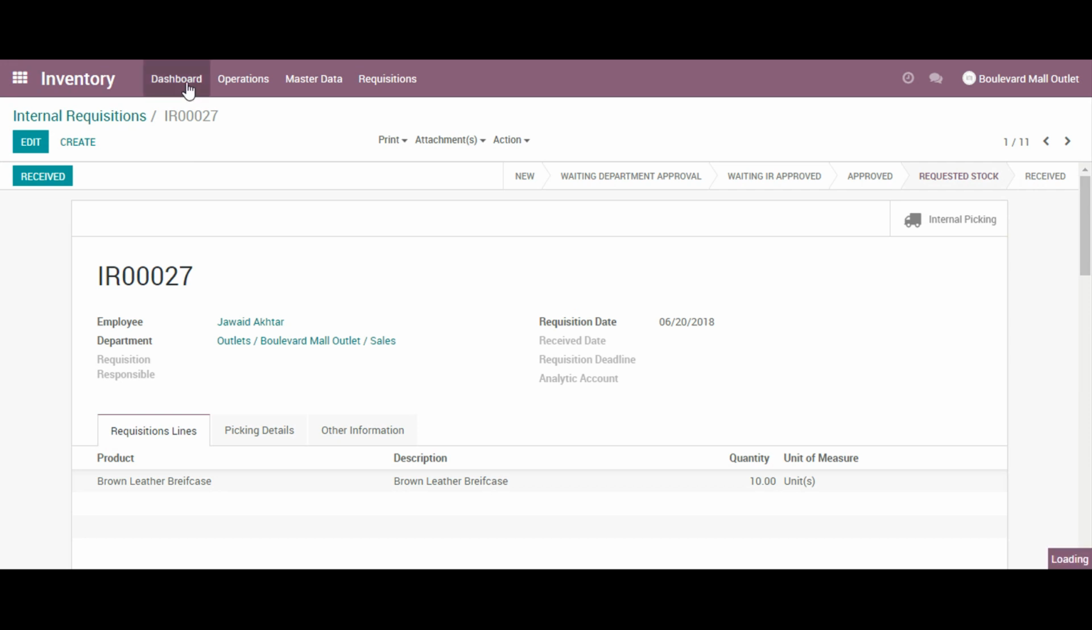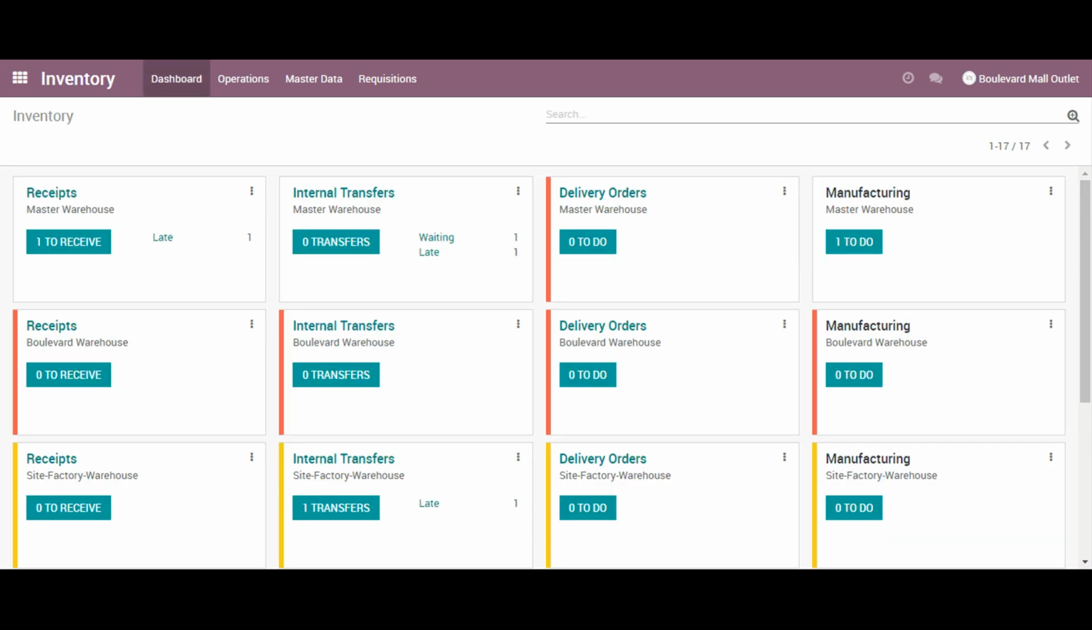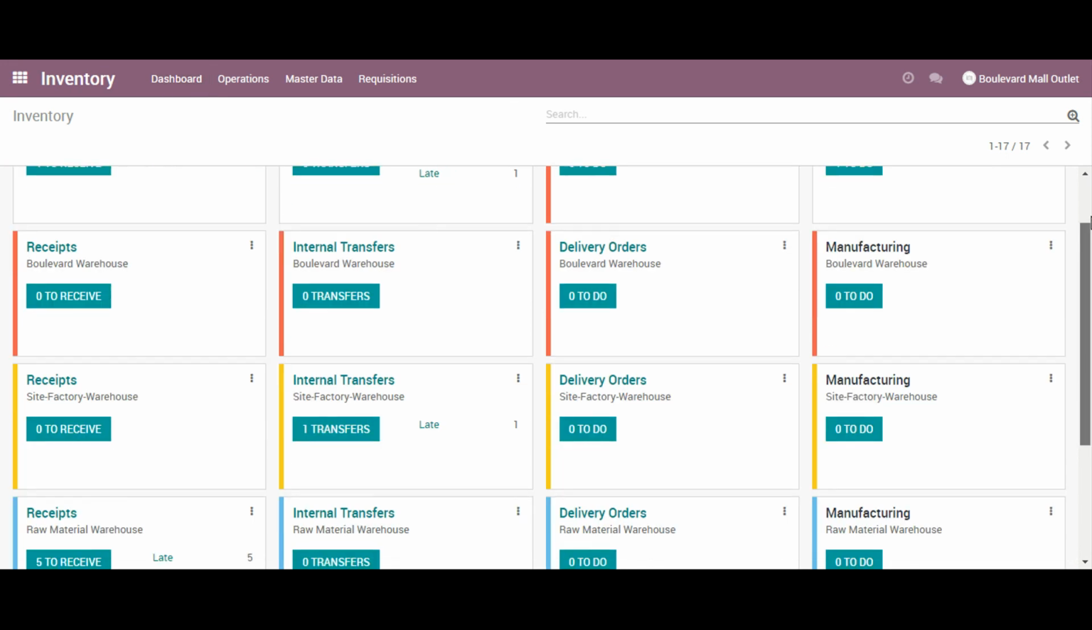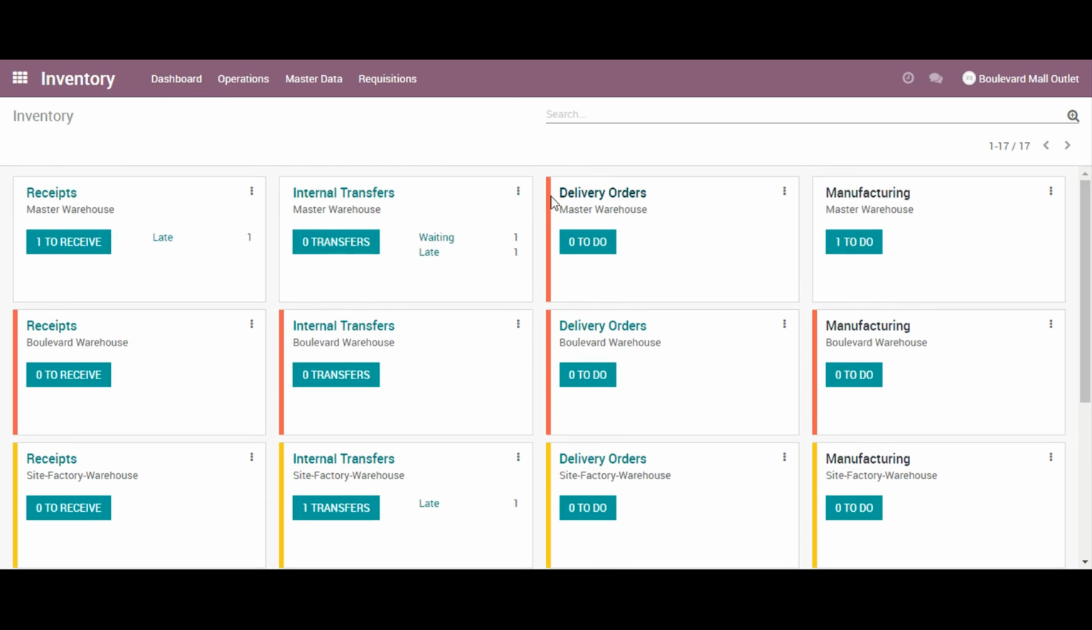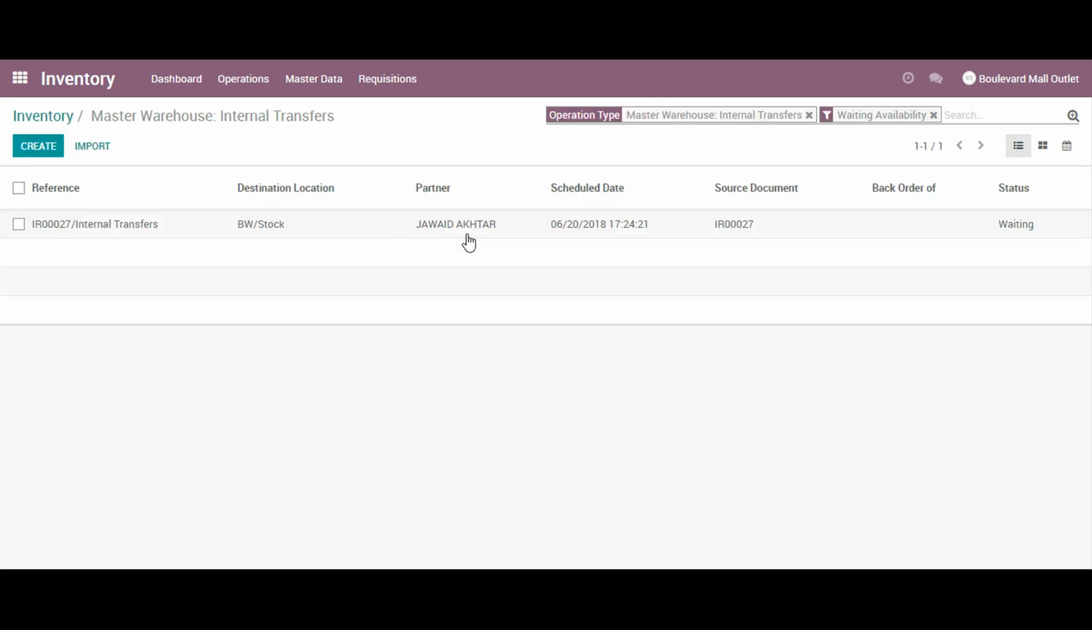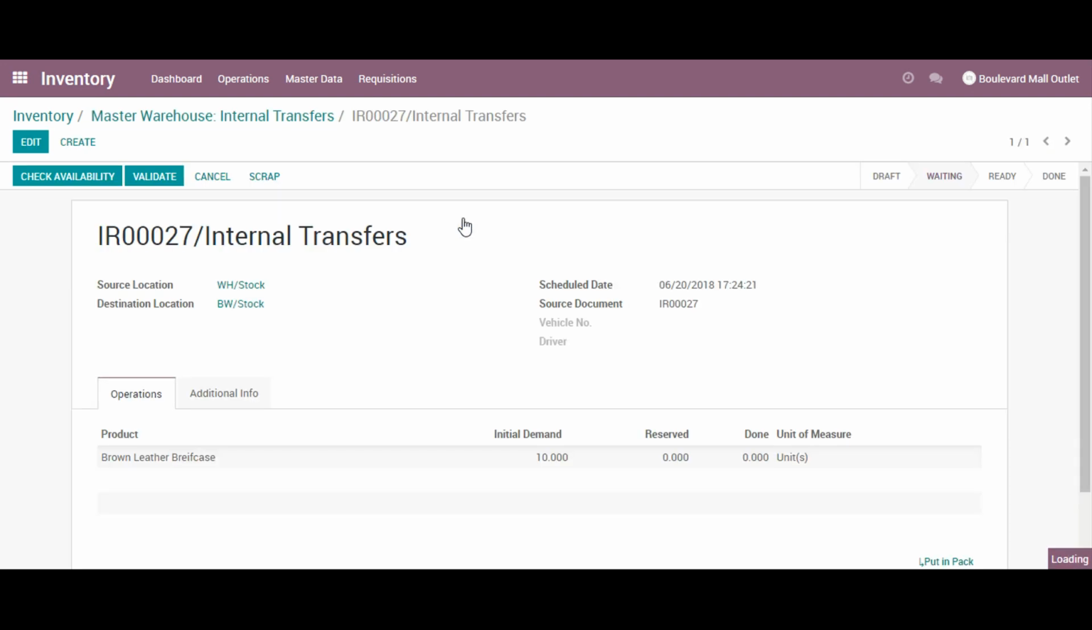Now let's go back to the dashboard. I have given the rights to this user of all the warehouses. If we go back here, we will see that there is internal transfer in master warehouse which is waiting or late. If you click here, then we will see the same internal transfer which will be sent by the master warehouse's